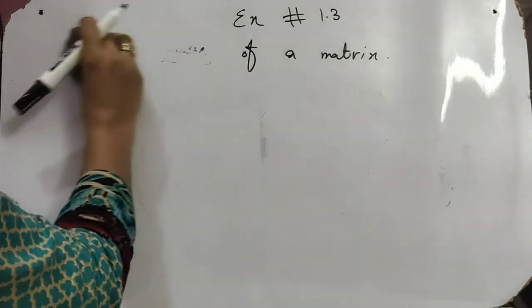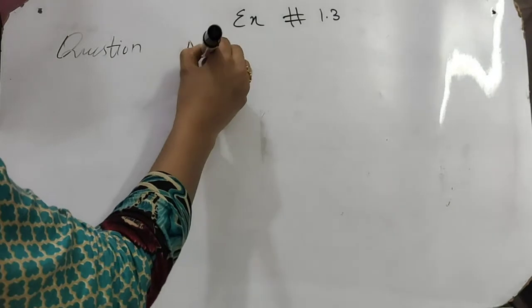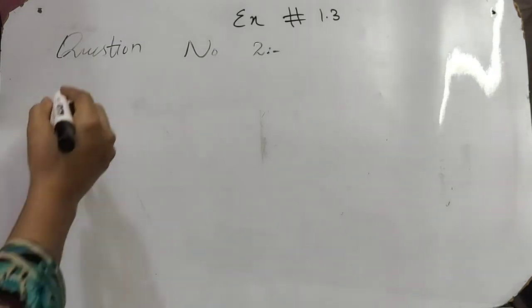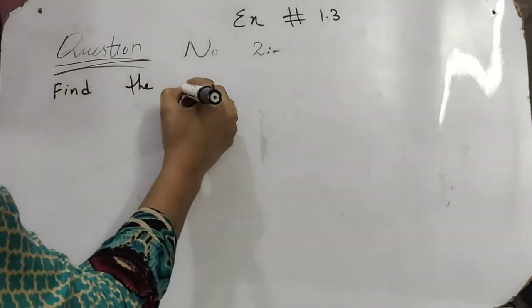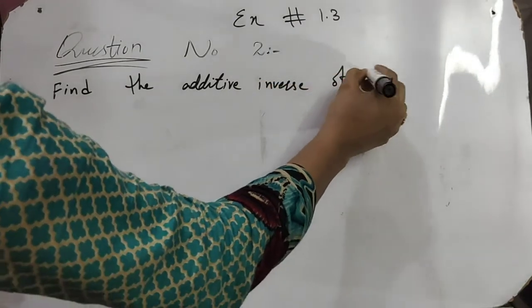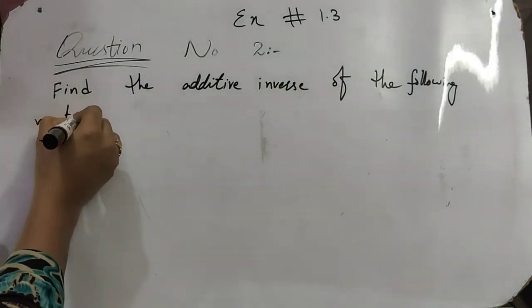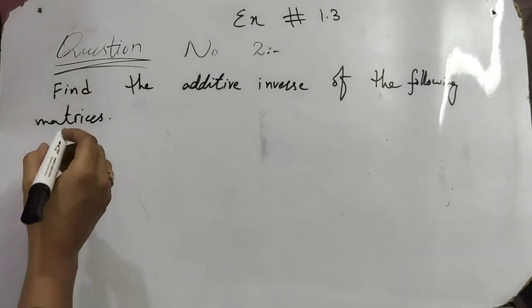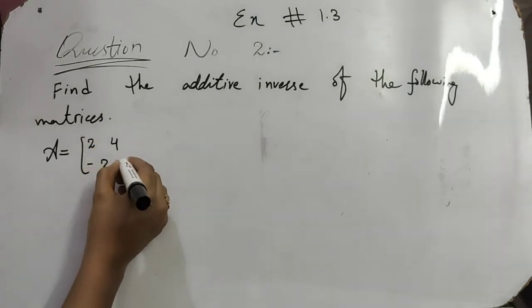The question number 2 is: find the additive inverse of the following matrices. A is equals to